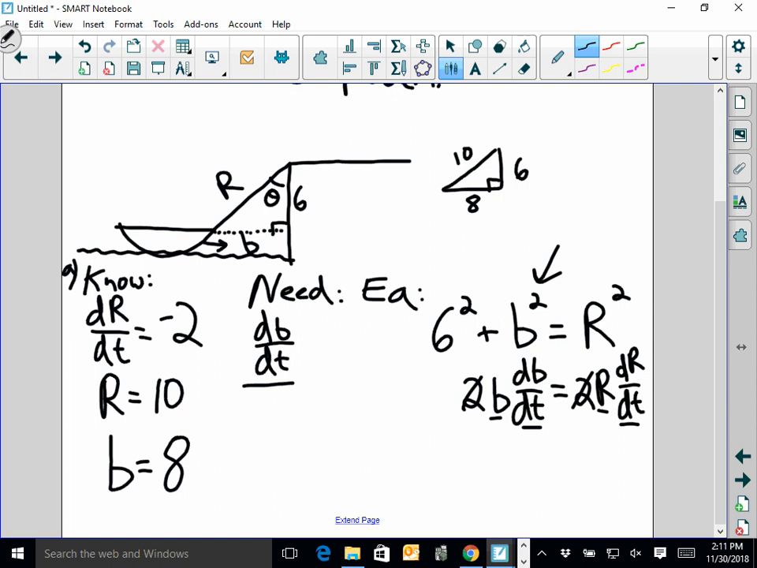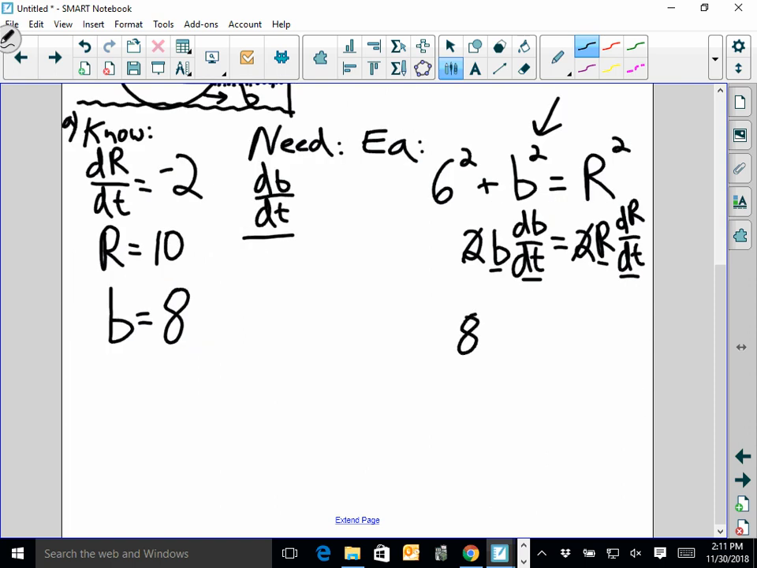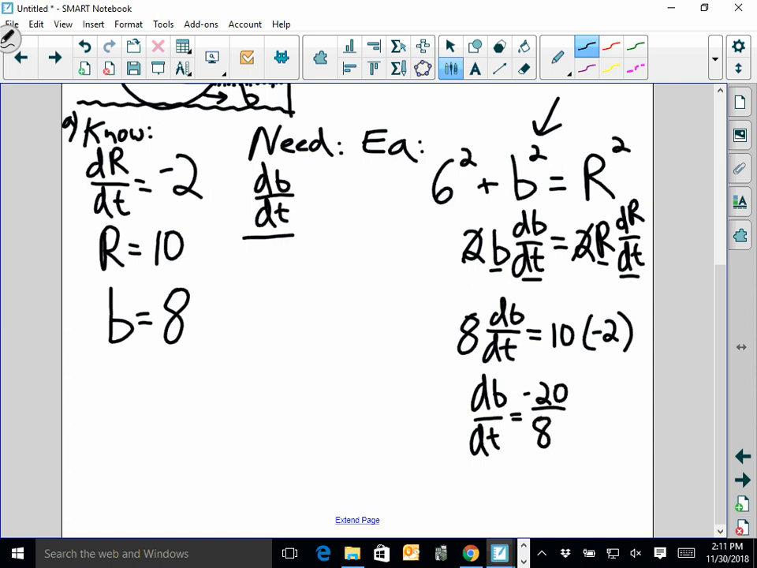So I got 8 db dt equals r is what, 10? dr dt is negative 2. So I get db dt to be negative 20 over 8, which reduces to what? Those multiplied by 4, negative 5 halves feet per second. I think that was the unit. Yep, feet per second. So I know that that aspect of the triangle here, b is shrinking by 5 halves